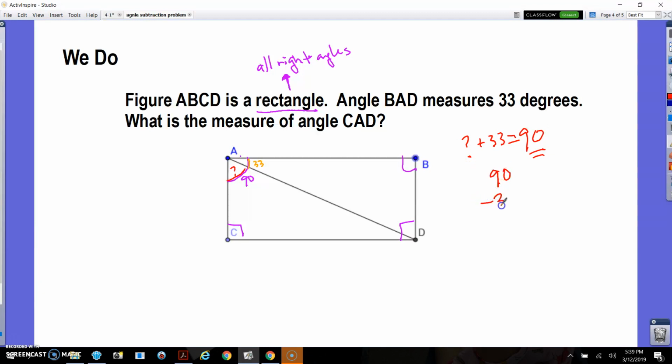90 minus 33 is, let's see, 10, make that an 8, 7, 5. That is a 57 degree angle. So today's questions are just like yesterday's questions, except you have to use information that you know